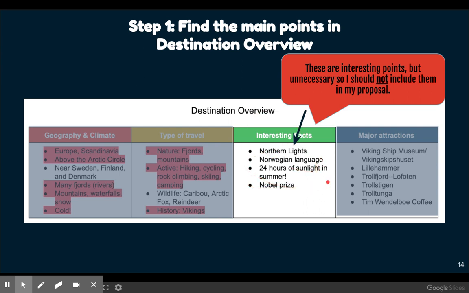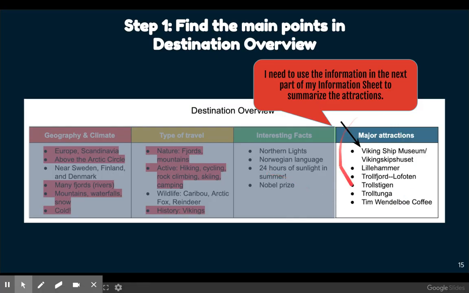So for my proposal, I'm not going to include any of this information. In my presentation, I might want to include some of that information. And finally, this last column here about the major attractions, I am going to be talking about that, but I want to look at the next part of my information sheet where I go into more details about these attractions to find that information.